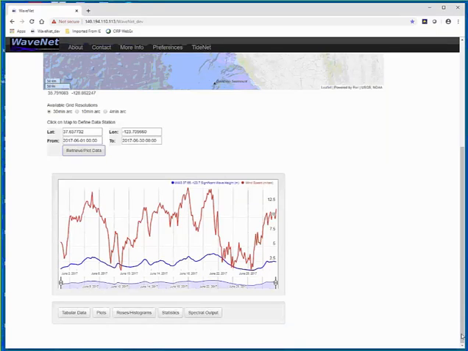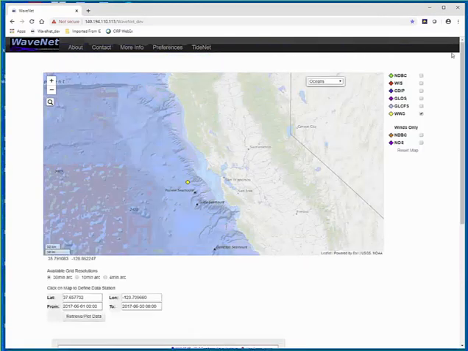And then we fetch the data for that one month period, and again do what I did with the NDBC, tabular data and so on and that kind of thing. So that tells you what WaveNet is about.